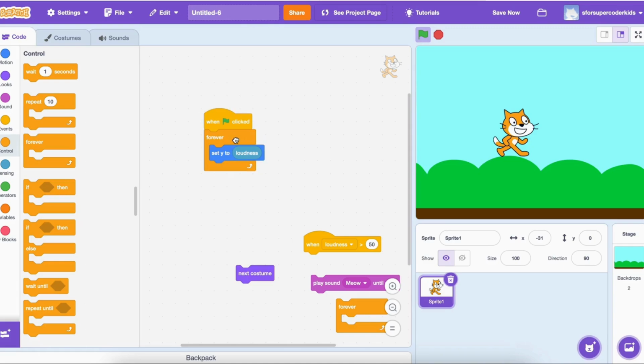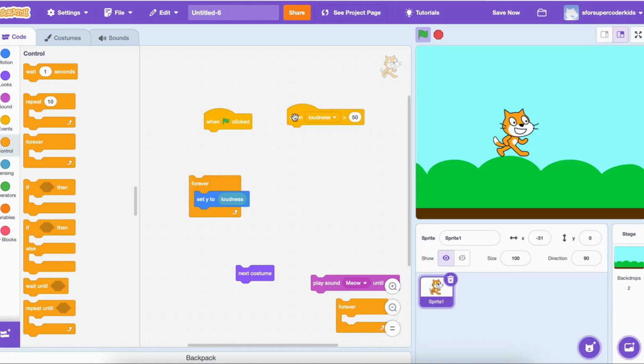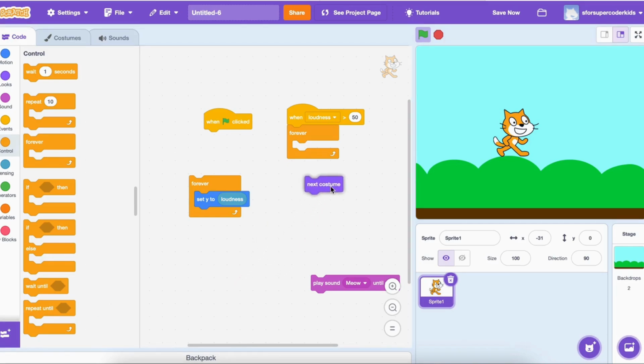Let's try a fun example. Imagine you want your character to change costumes when you get loud. We'll use the when loudness greater than 50 block for this, then add the forever block to keep checking the loudness. Inside that, we'll use if loudness greater than 50 and tell our sprite to next costume whenever we're louder